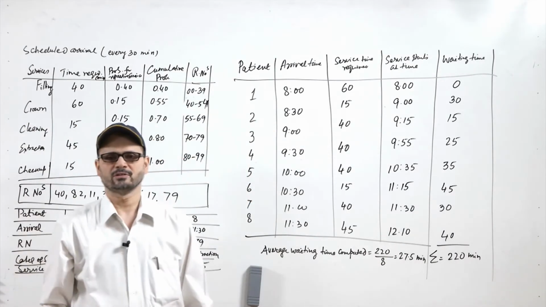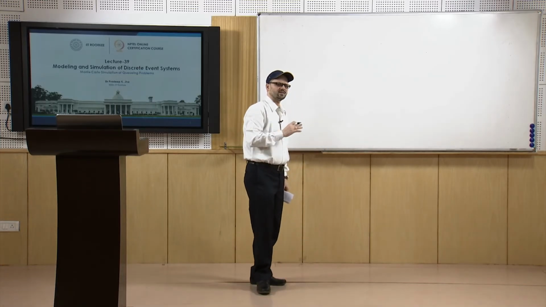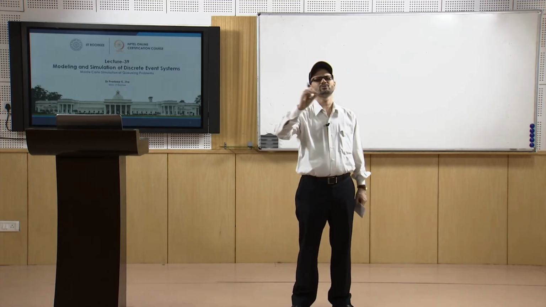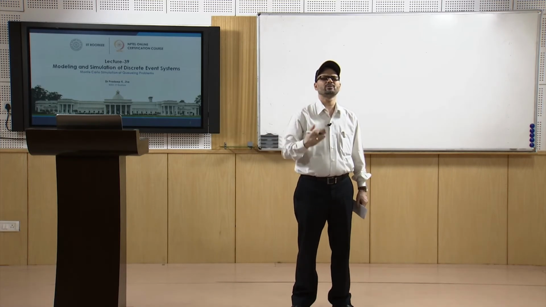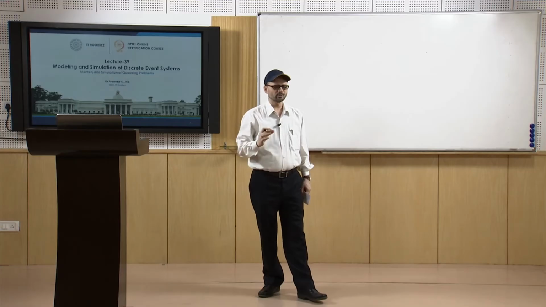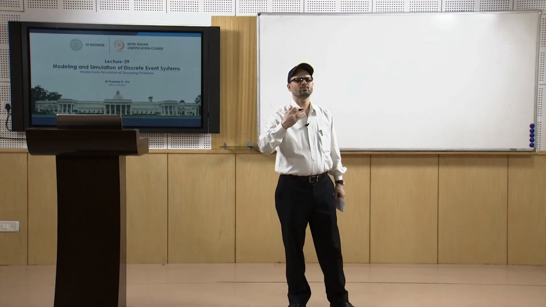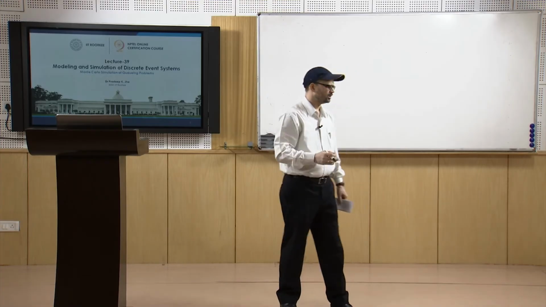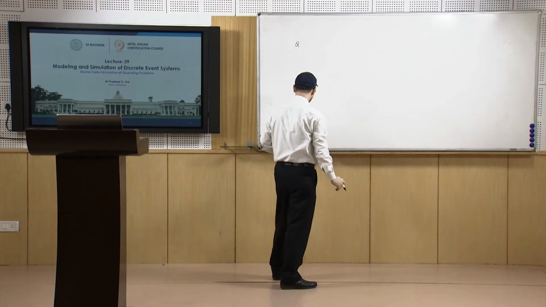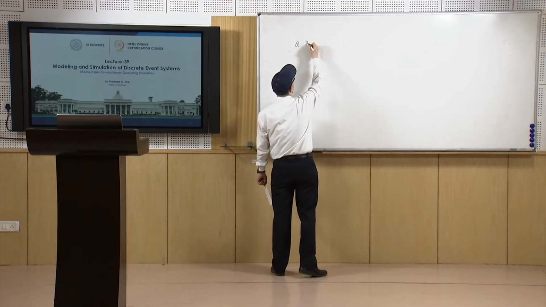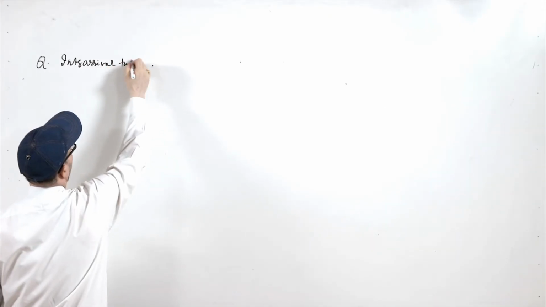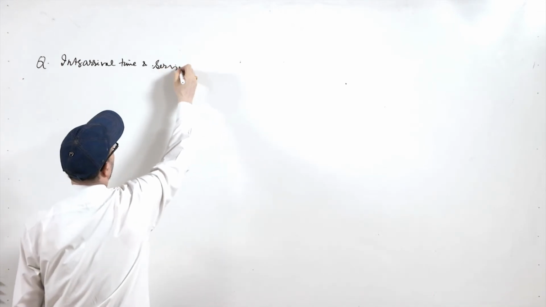What we have seen in the last lecture problem is that you had the random numbers specified, but many a times you will have to generate the random numbers as per a certain distribution, and then calculate the parameter values. So, suppose we are dealing with another question where it is said that the inter-arrival time and service time are distributed exponentially